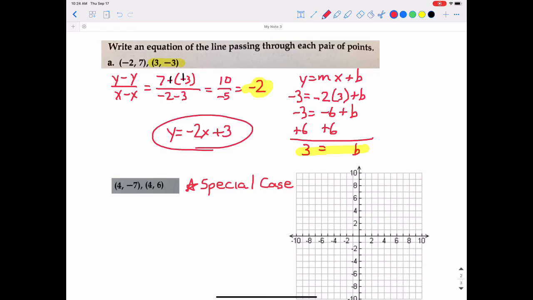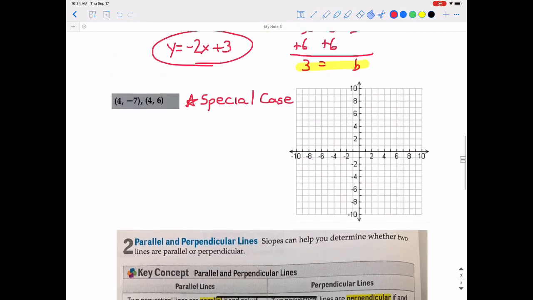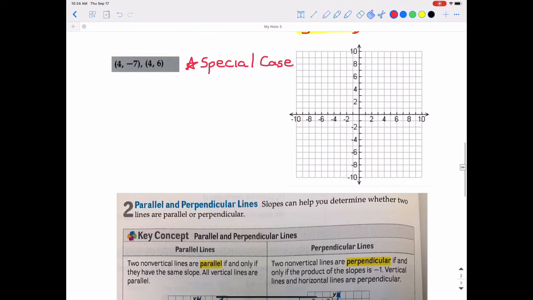So this will work on every problem except for one. There is a special case situation, and it involves a problem like this, just like we did when we're trying to find the equation of a line that goes through 2 points. So that means I would normally try to find the slope. So the y values are negative 7 minus 6 over x values of 4 minus 4. And that's negative 13 over 0, which equals,